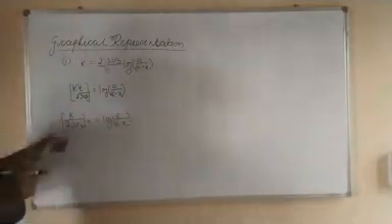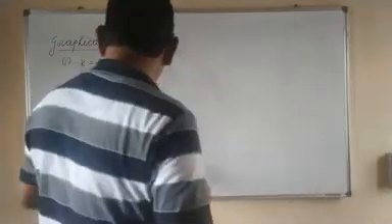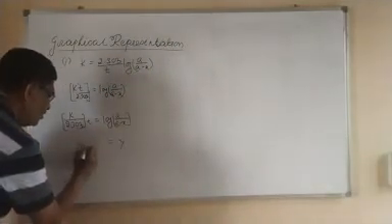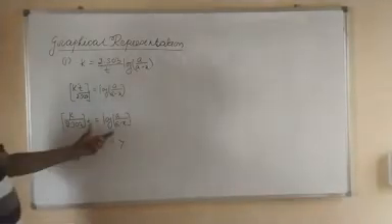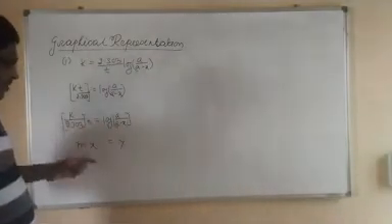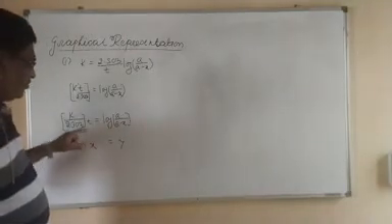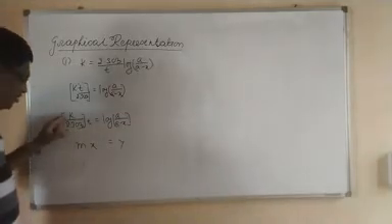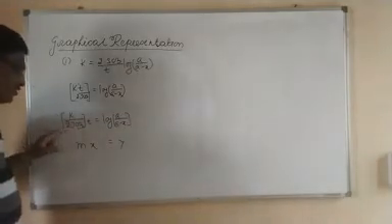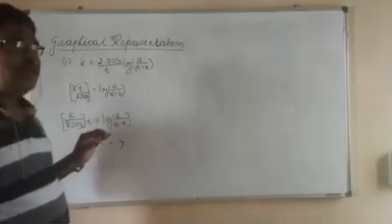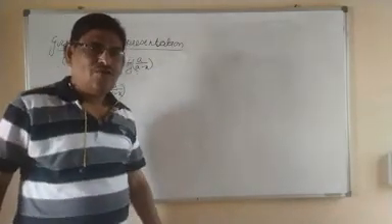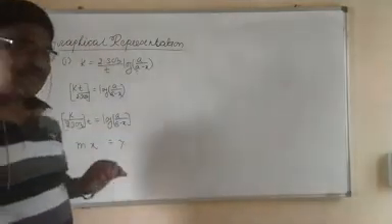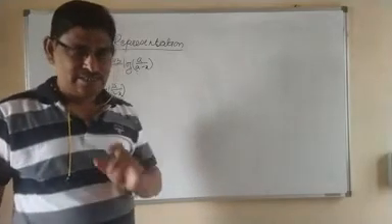Now, the equation is to be represented in the form of a graph. It is of the form y is equal to mx. Here, this term is taken along the y-axis and time along the x-axis. m, that means this value, will be the slope of the line. This equation is a straight-line equation, y is equal to mx. It doesn't contain the term c. It means that the line doesn't intersect the y-axis.